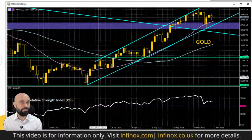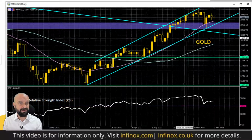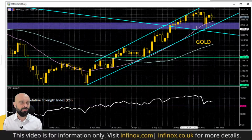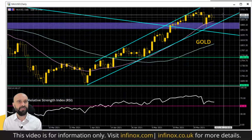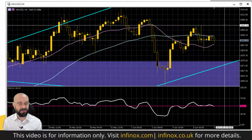And onto the gold chart, we're still in this uptrend channel and it's flanked by this 21-day moving average, this pink line we've got here. That comes in around 1880. So that's a key level of support, certainly on a closing basis, that I'm watching out for on this gold chart. However, the rebound that we saw on Friday just started to peter out again around the 1900 bucks area. And 1904 was the reaction high that we saw on